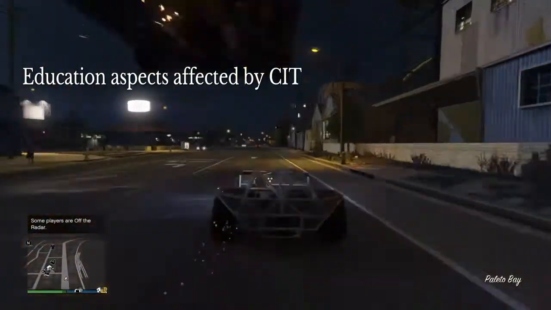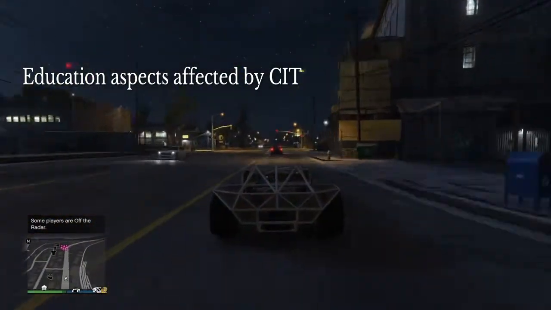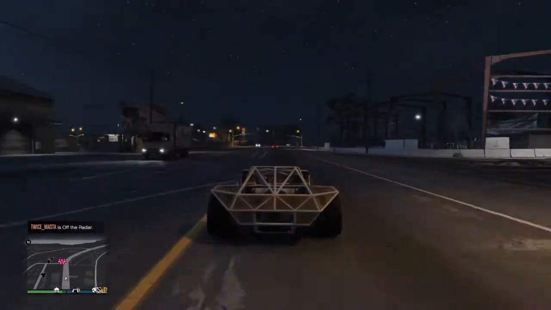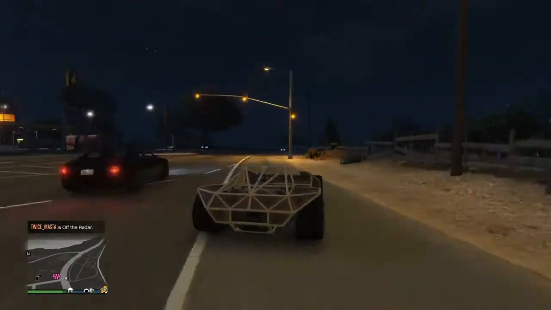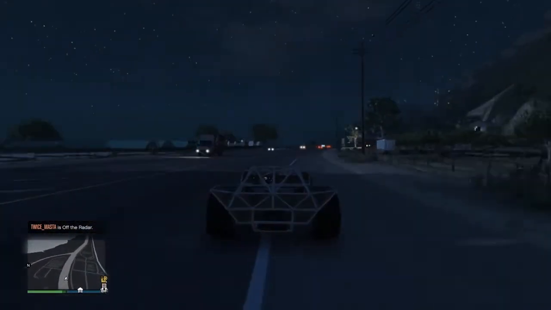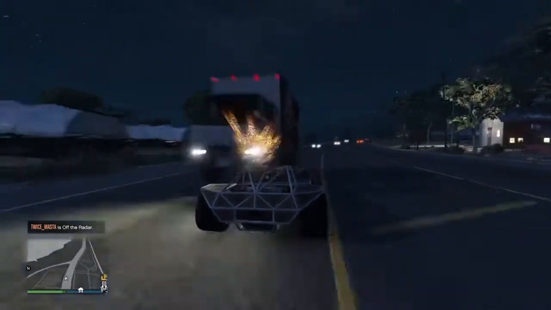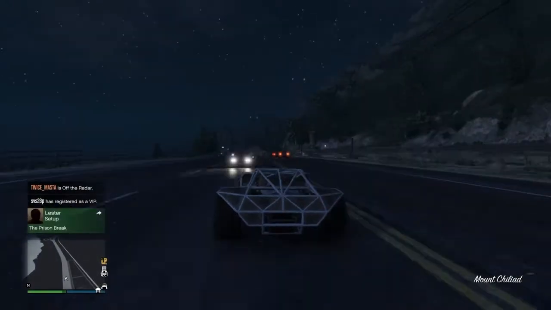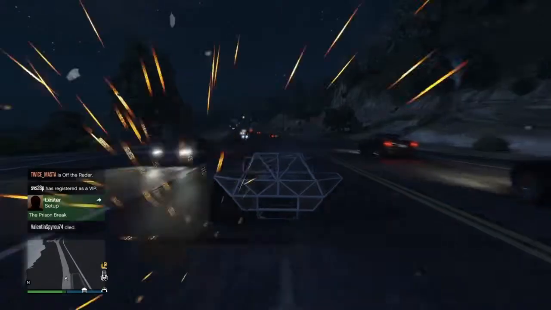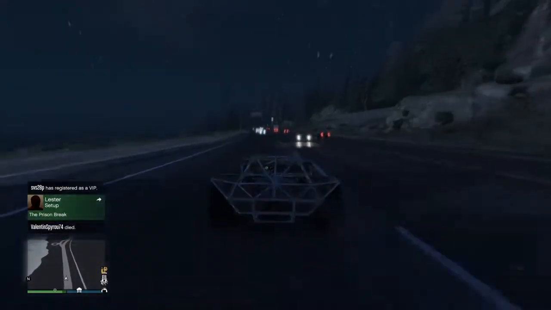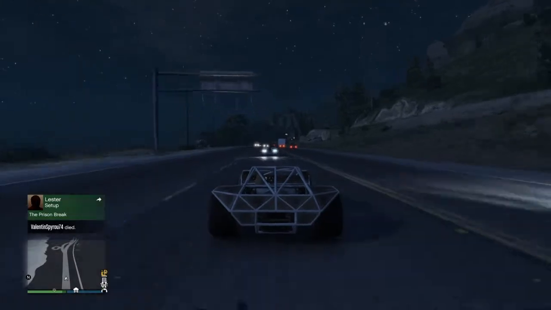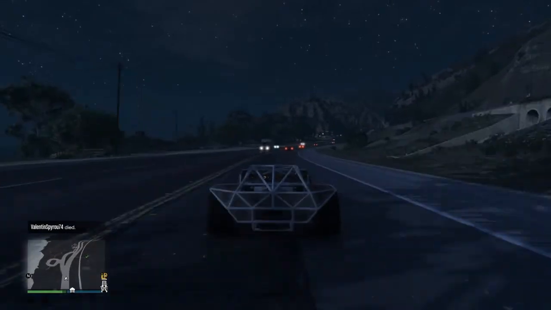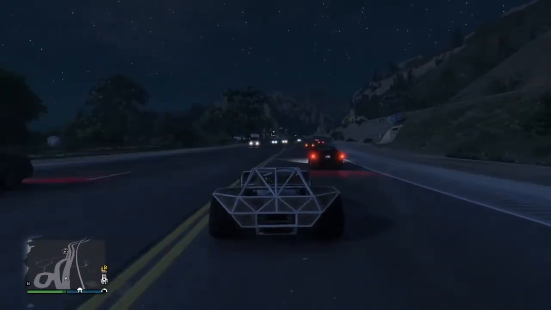Education aspects affected by communication information technology. CIT in education gives advantage to teachers to create lesson plans with more relevant global topics, as an additive for interest in the lesson ahead. CIT strengthens the teacher-student relationship, giving 24-hour access to contact the educator for questions using applications such as email, Showbie, Moodle, Zoom, and Google Classroom, which have integrated into modern education